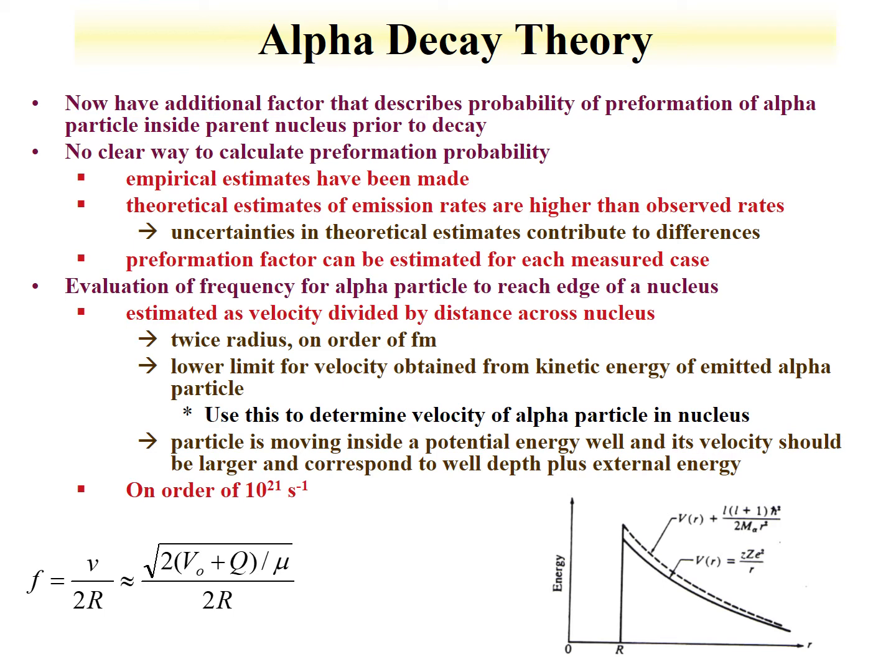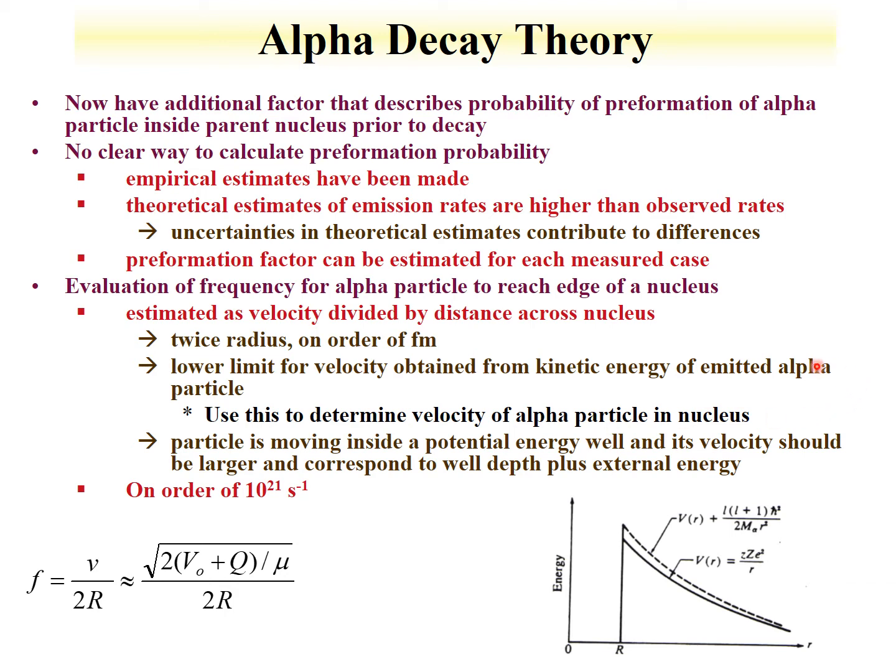We take twice the radius, the distance the alpha particle needs to traverse, which is on the order of femtometers. We can get the alpha velocity from the kinetic energy, using 1/2 mv squared. In actuality,